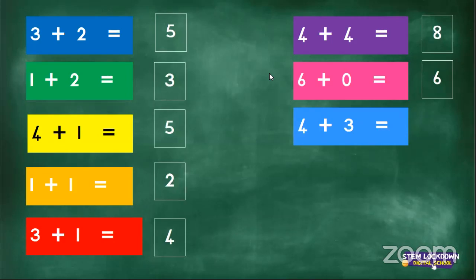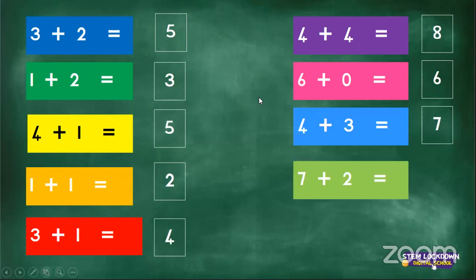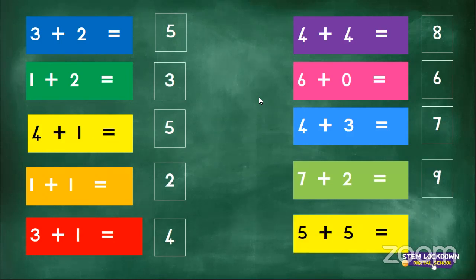4 plus 3 equals? 7. Good, Shanti. Let's have a look at the next sum. 7 plus 2 equals 9. Good. And the last sum for today. 5 plus 5 equals